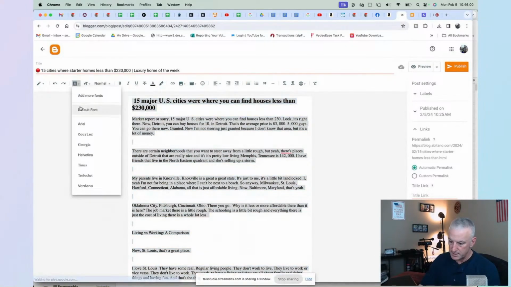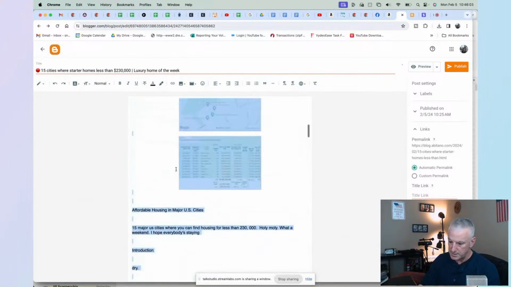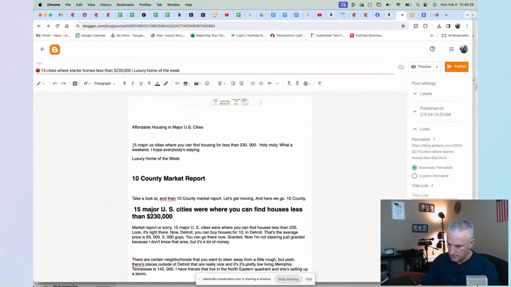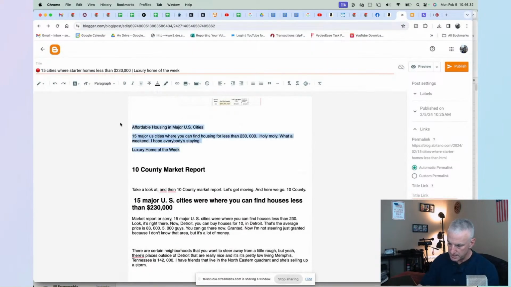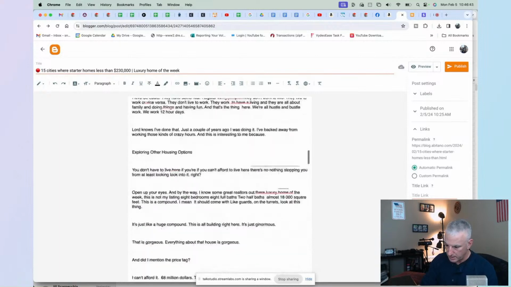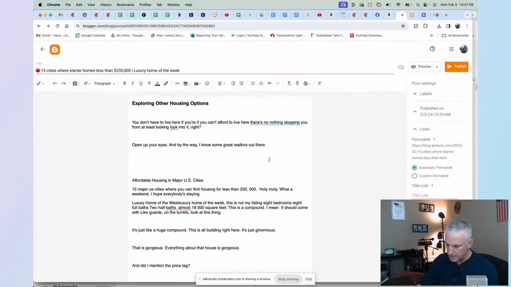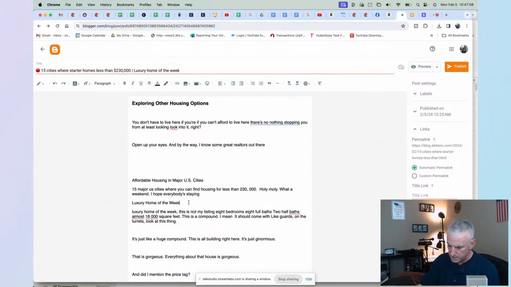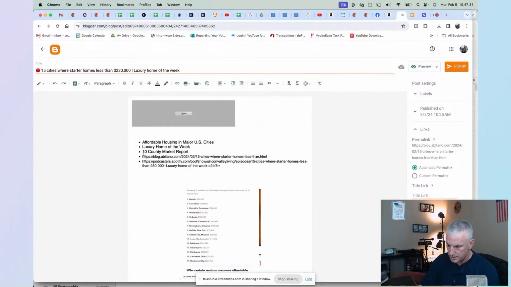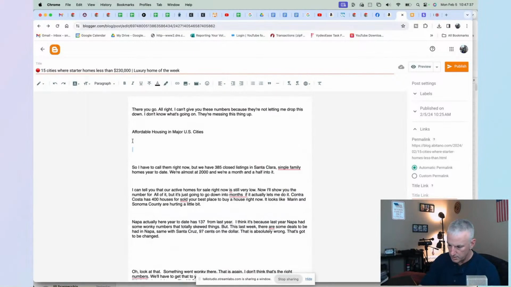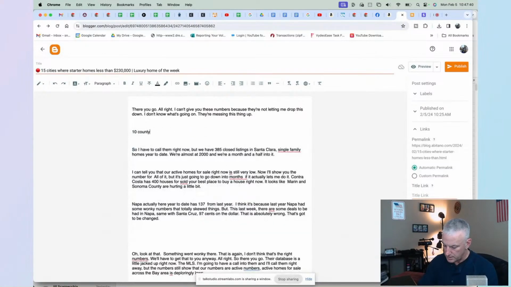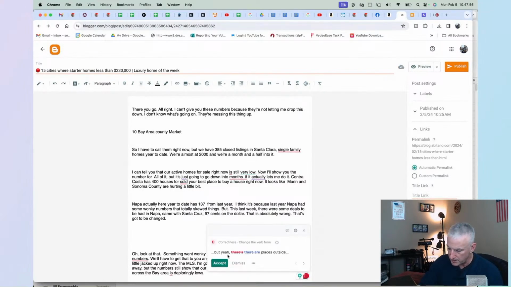So the first thing I do is reset everything. So here are your 3 headers, 3 content pieces that we talked about, all the pictures that I took. That's a subheading. And then you just have to figure out where the luxury home of the week is. It's the 10 county market report there, not affordable housing. Bay Area county market. And the other part is you're going to have to get Grammarly on your computer and